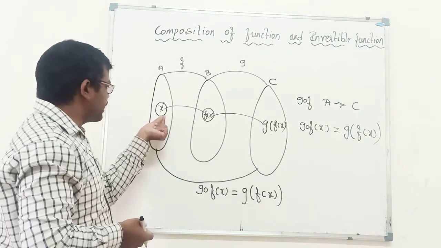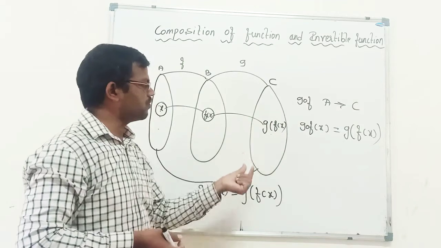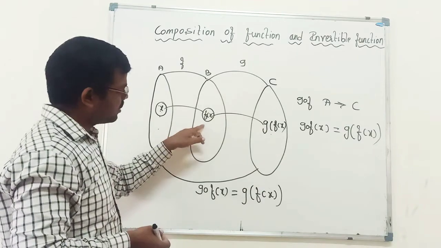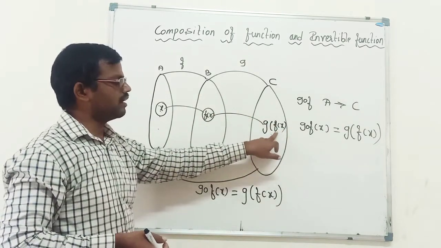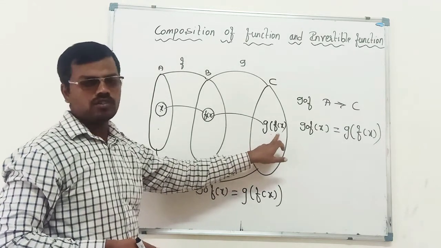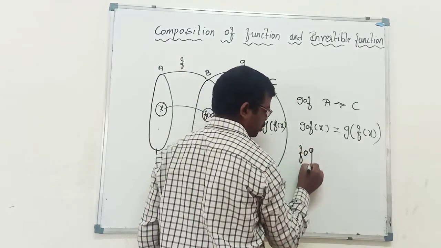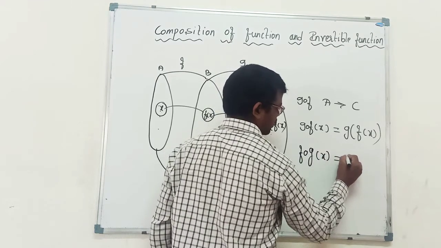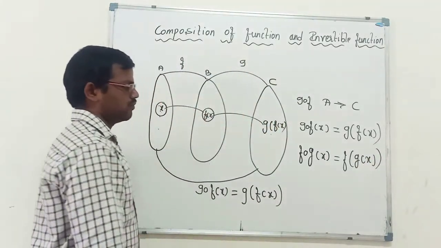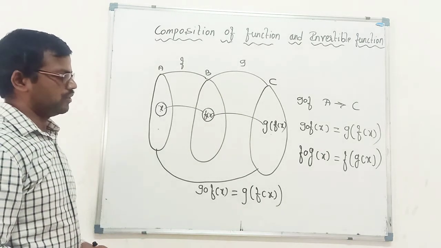So here if we have the x, then what is the image of this x in the codomain of the function? That is g of f of x we are getting. So it is connecting this to this, so we are getting f of x. G composition f of x is nothing but g of f of x. Suppose if we define any function f composition g of x, how we define that is f of g of x, like this we will write it. So this is about the composition of the function.